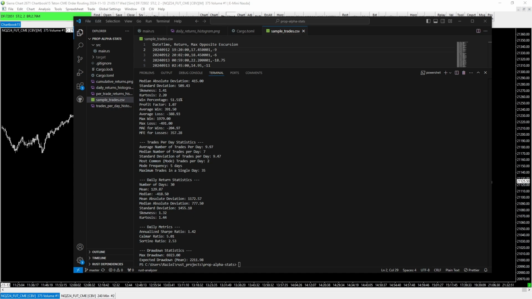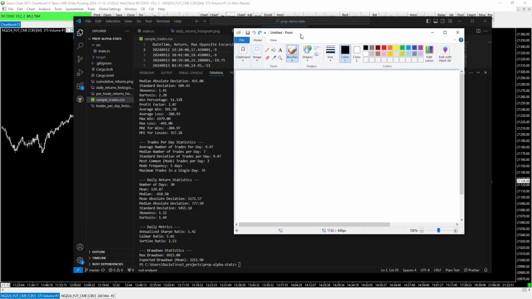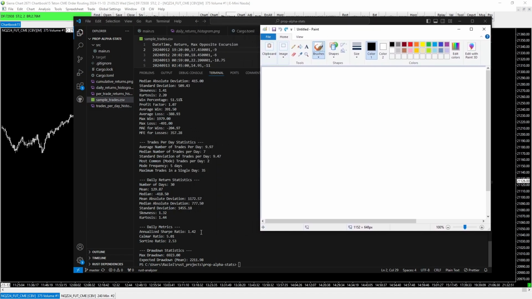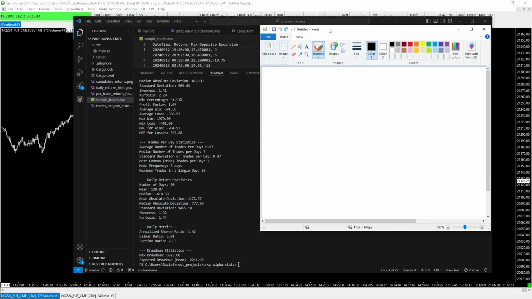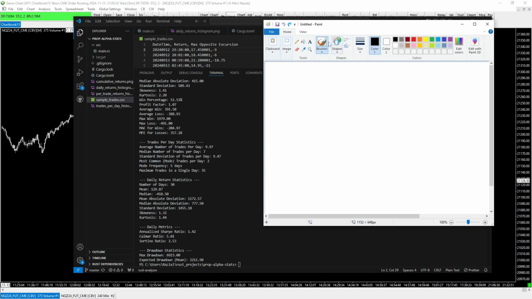But for those, and this is one of the things I wanted to talk to you all about, is Sharpe and Kelly Criterion and stuff like that, because I think this is something you hear about a lot, and I wanted to go over it. So for those of you who don't know, Sharpe, and I want to annualize it, you want to take your R. It's always written as R over sigma or mu over sigma, where R is your mean return, and sigma is your standard deviation of your returns, and this is